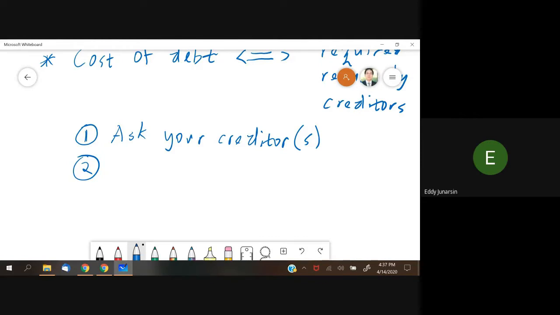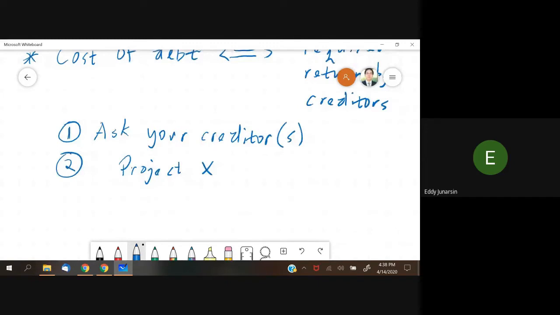So you could imagine maybe you see another company, right? Another similar company, or another company that has a similar project like yours, right? Like this one, and you're seeing what is the yield to maturity or the yield of the borrowing for that project. So again, we are using the comparison here, right? So let's say this is our project, right? This is our project. So we observe, right?